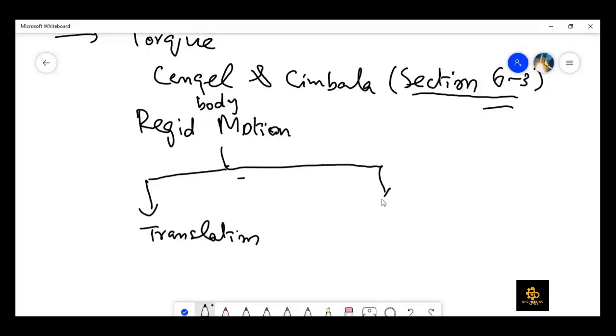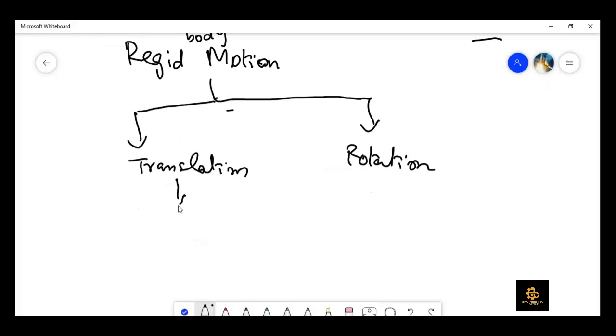And both motions occur at its center of mass, right? The translation motion has been covered already in chapter number 5. If you remember in FM1, we talked about the translation motion. It was covered in chapter number 5 when we applied the Reynolds transport theorem